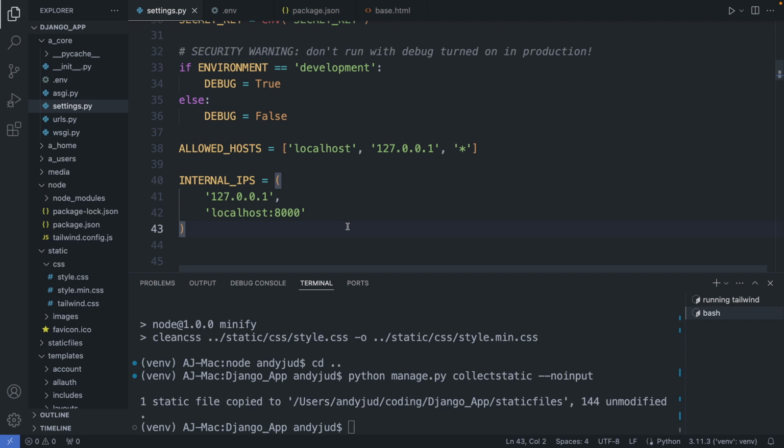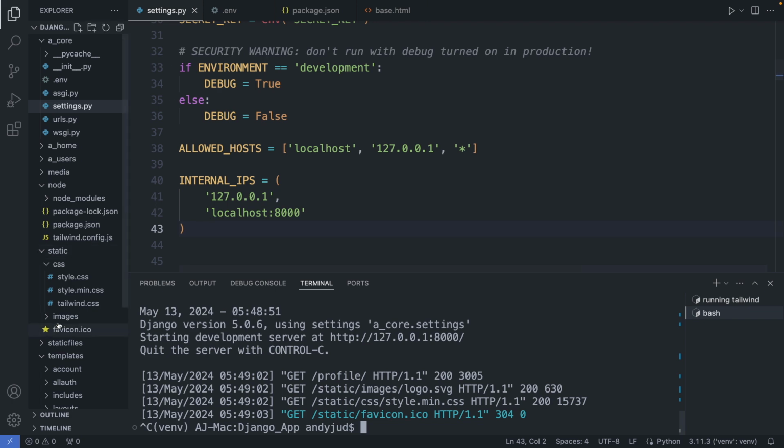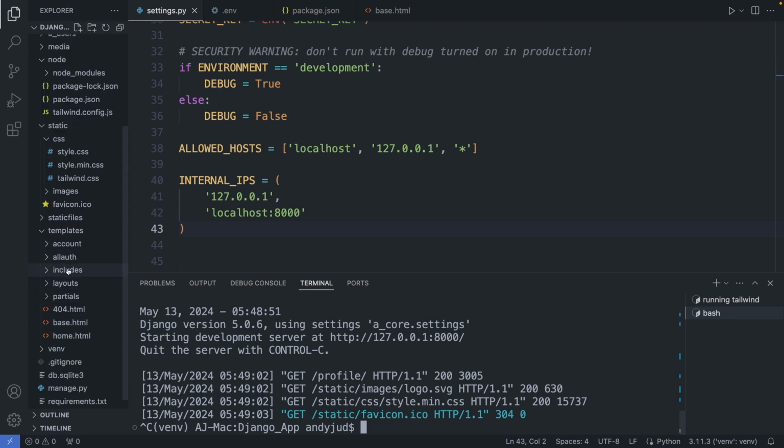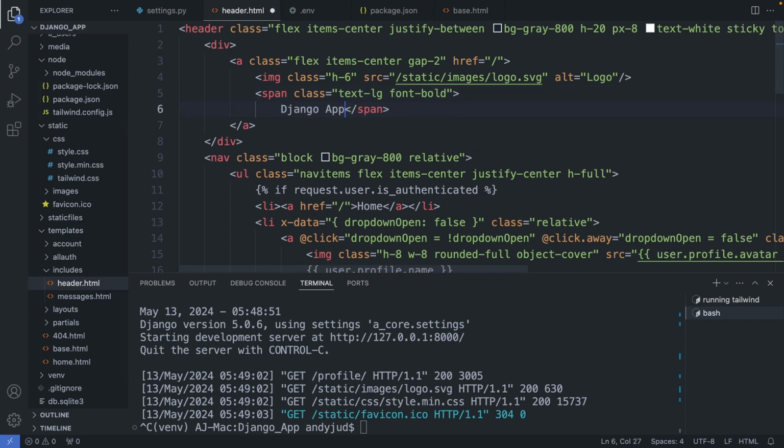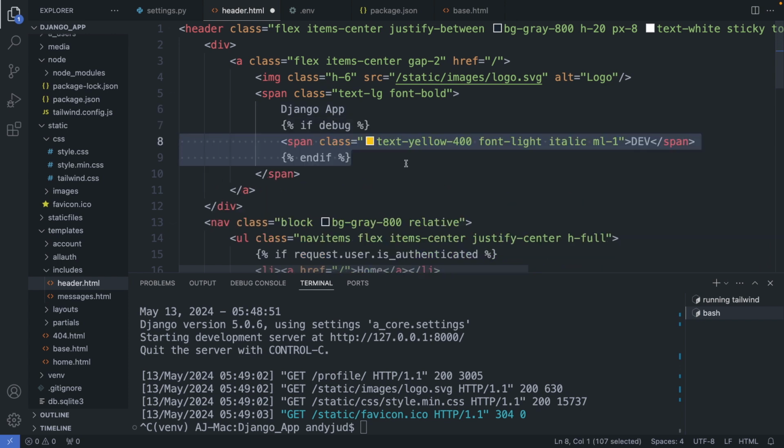And additionally, to make it clearer which environment is active, I display a marker in the title when in development. So I'm going to templates, to includes, to header, and here next to the title, I add this code to display dev when in development. Okay, save this file, spin up the server,